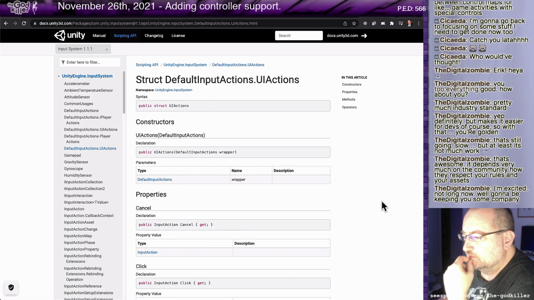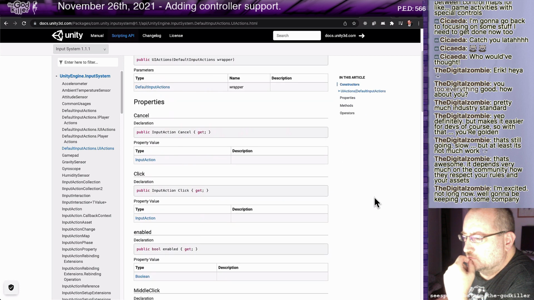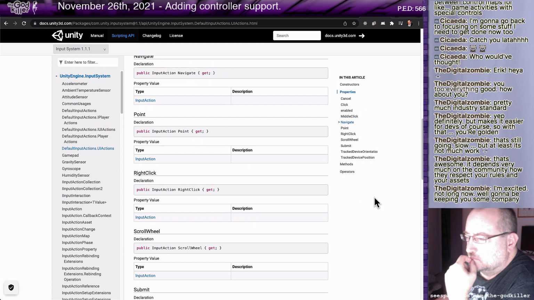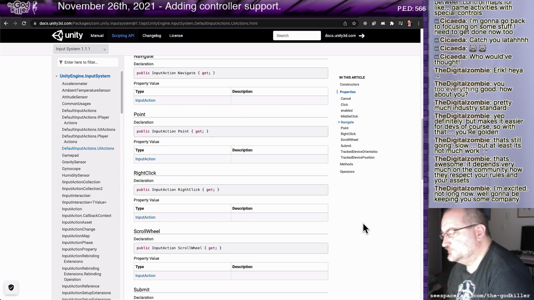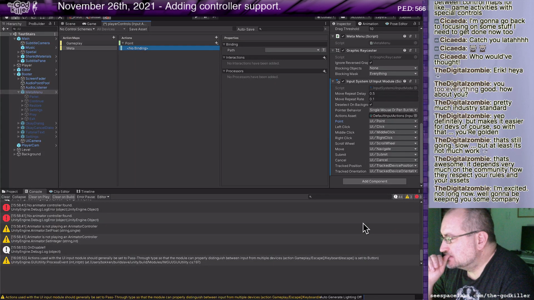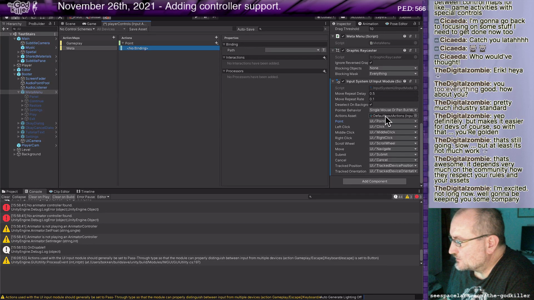So there's action. It's part of the default input actions map.